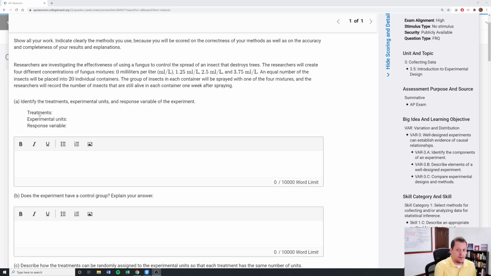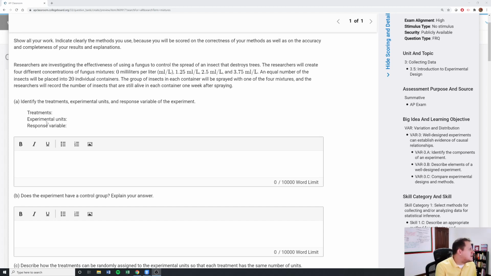The treatments would appear to be the 4 different concentrations of the fungus mixtures. So you've got 0 milliliters per liter, 1.25, 2.5, and 3.75. Those are your treatments. There's only one factor with those 4 levels. So if there were something else we were doing, then we would possibly have more treatments, but this is a 1-factor experiment, so that's really it. The experimental units